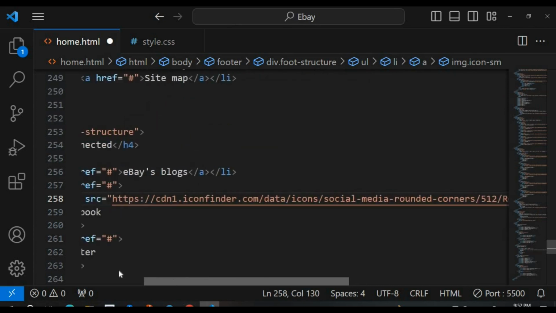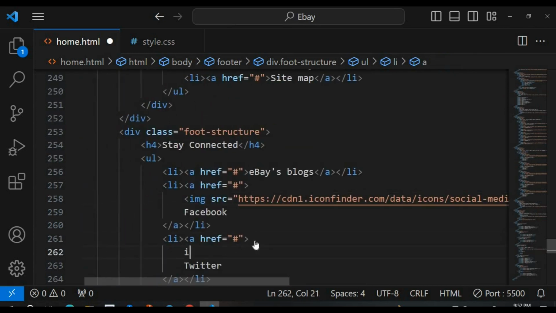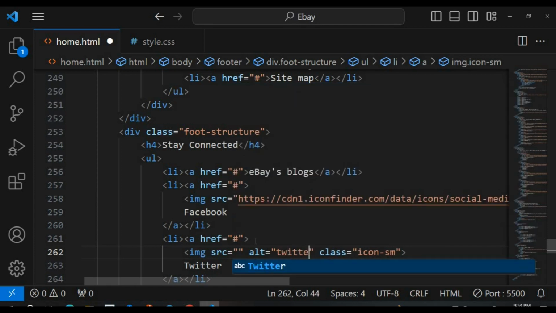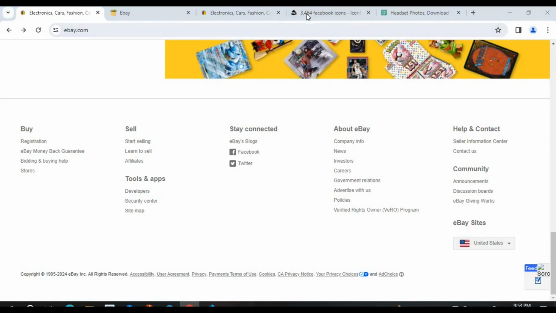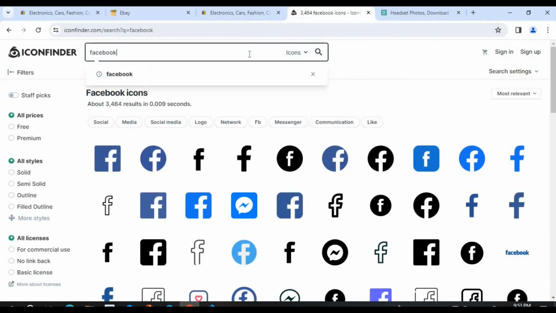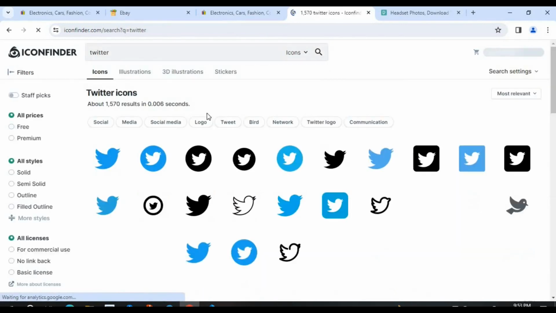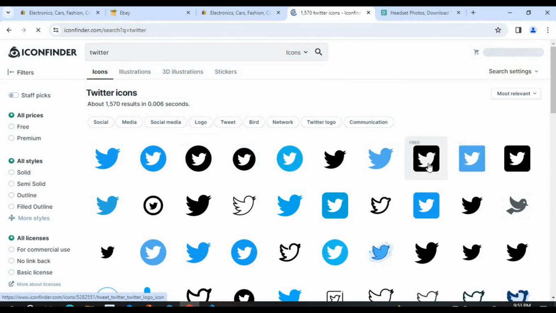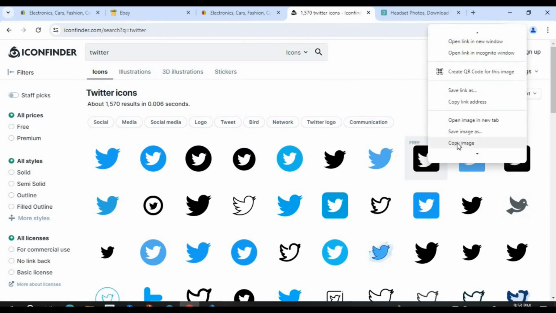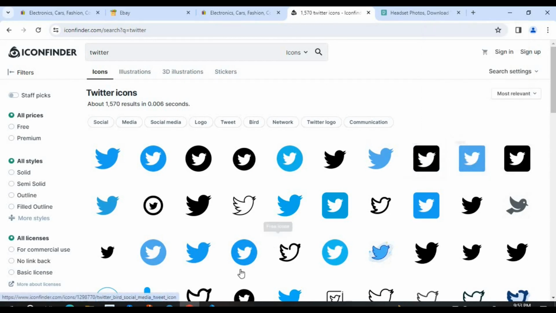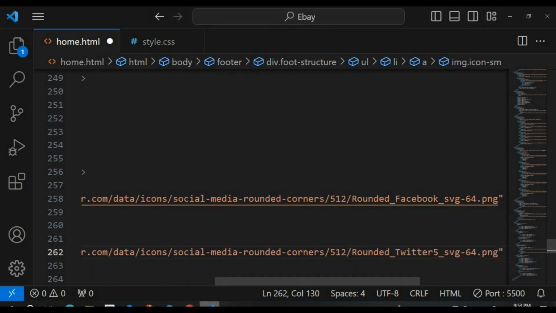This is the Facebook one. Then for the Twitter one, once I save that,